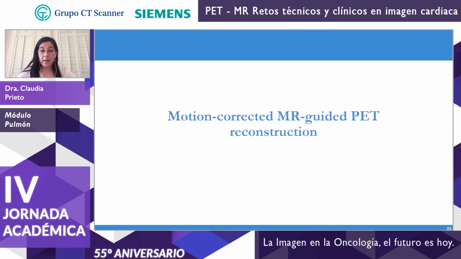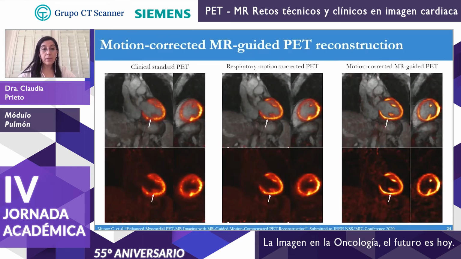So the previous examples show the feasibility of the simultaneous acquisition of the motion-corrected CMR and PET data, but we were wondering if we could further improve the PET image quality. This is indeed possible by combining the motion-corrected PET data with an MR-guided image reconstruction that further enhances the sharpness of the PET images and thereby improves the effective resolution of the PET reconstruction, as you can see here for one example of